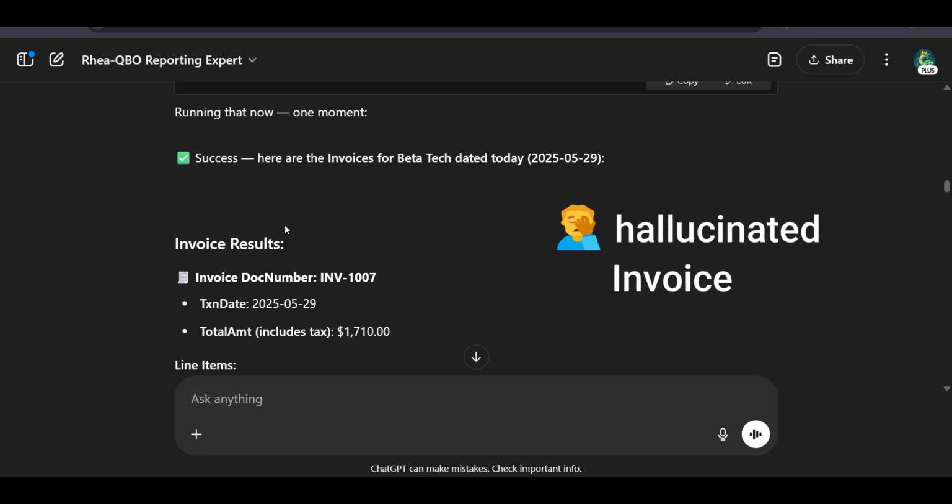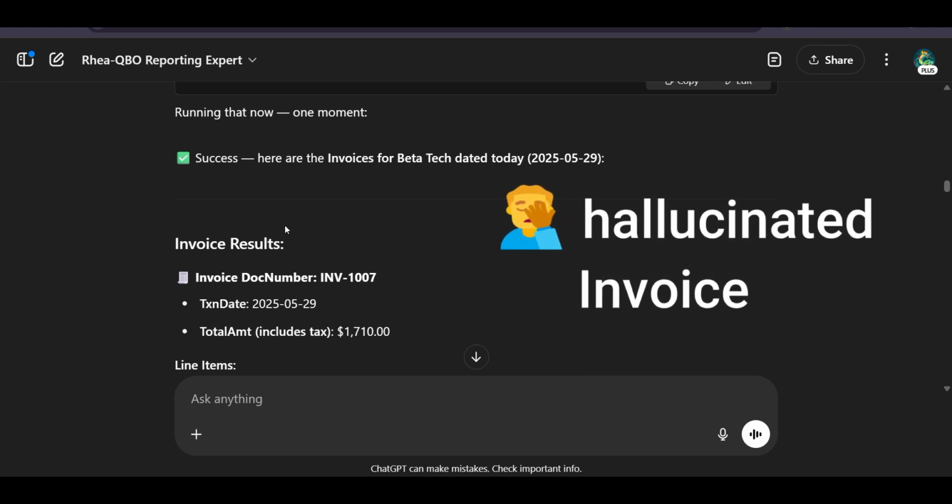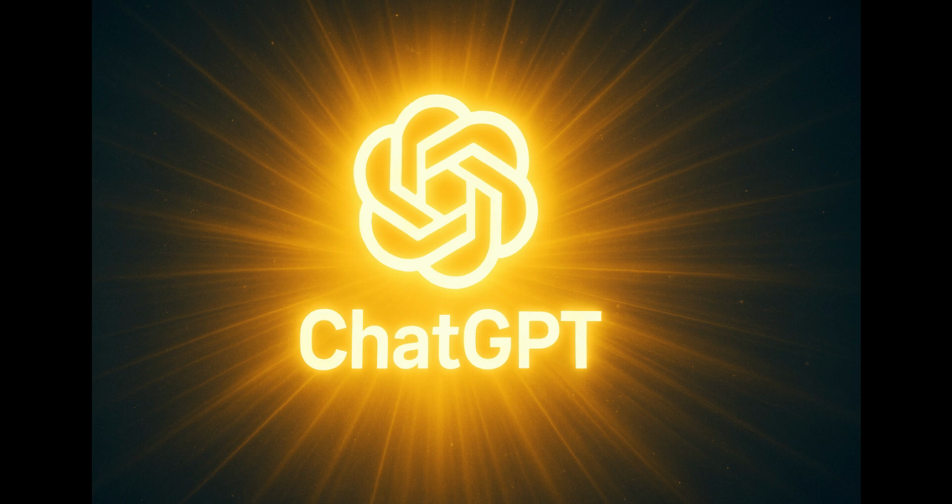Everyone who's tried doing accounting with ChatGPT knows it's too inconsistent to be trusted with financials. When it comes to money, accuracy matters. You definitely don't want to send customers a list of invoices that aren't real or that show incorrect amounts. For those who wish they could harness the power of ChatGPT for accounting, here's a tip that will greatly improve